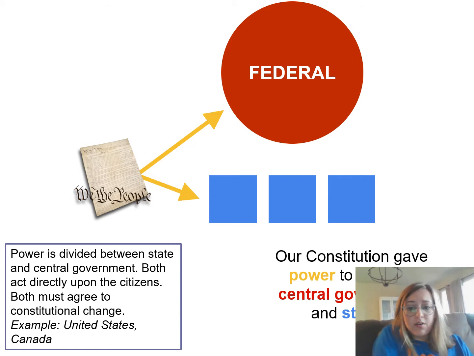Now, in a federal system, if we want to change the governing document, in our case the Constitution, we must agree to that change on both levels of government. So we have to agree to it at the state level and the federal level. The amendment process in the United States is we need two-thirds nationally to approve, and then three-fourths of the states to ratify, or formally approve, that change. So a constitutional amendment by no means is an easy thing to get passed.